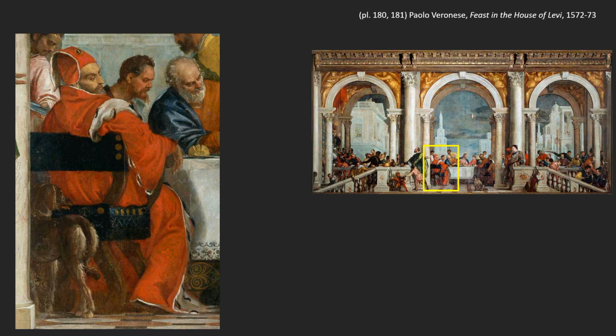What we can't explain based on the idea of it being the Last Supper is this guy. Who the heck is this man in red, expensive ermine-lined coat, dog behind his chair, looking in from the left? Who is this guy? As it turns out, he wasn't part of the original composition. He was painted over a servant boy who was bringing food, which would make sense. So Veronese decided to change his mind with this red figure.